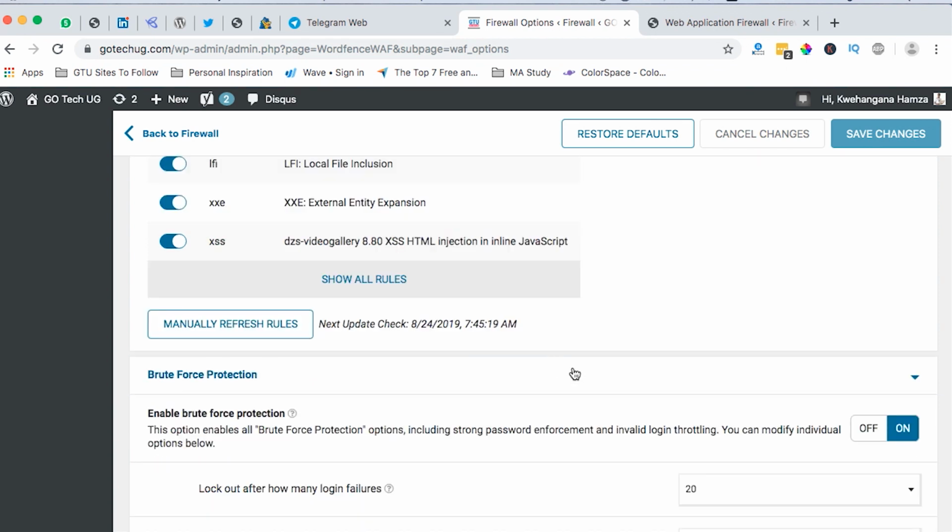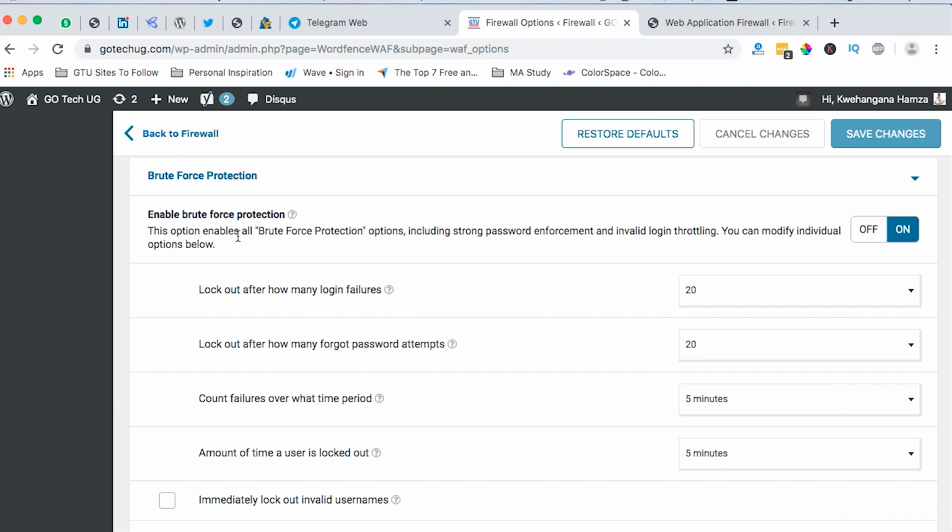So when we head down here to brute force protection, this option enables all brute force protection options, including strong password enforcement and invalid login throttling. You can modify individual options below. So here, brute force in simple terms is a way attackers use to manipulate your system: your website username and password, they try to guess it using automated software. And if by any chance they guess the username and the password, then they get access to the website. So here Wordfence is giving you the opportunity to limit